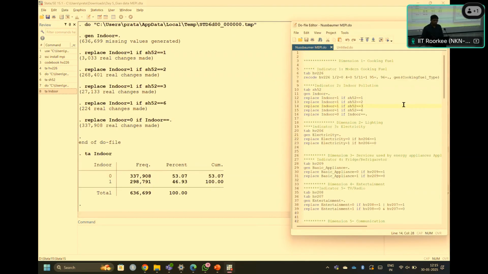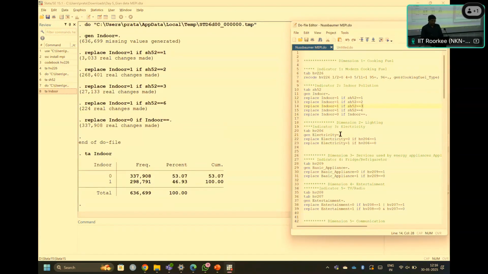Now we are going through the second dimension. Second dimension is about lighting. So the proxy, if it may not be having the same variability, I think in most of the literature they have used electricity as the access. If you are not getting a better indicator of that, you can take a nearby proxy as well. But you should have sufficient justification why you are taking this as the indicator or proxy variable for replacing electricity, or any variable which is actually explaining lighting to the household, right?